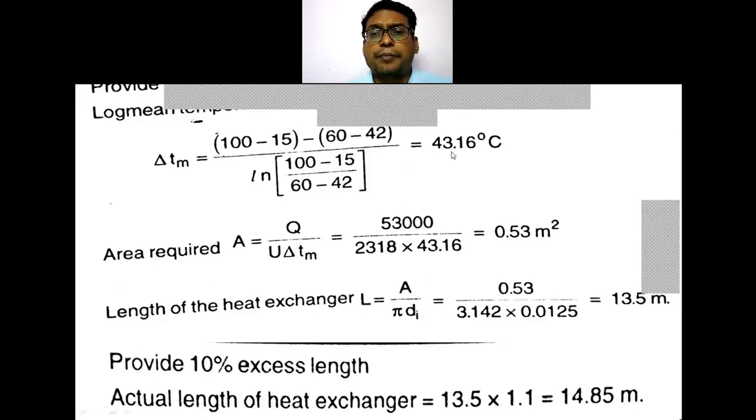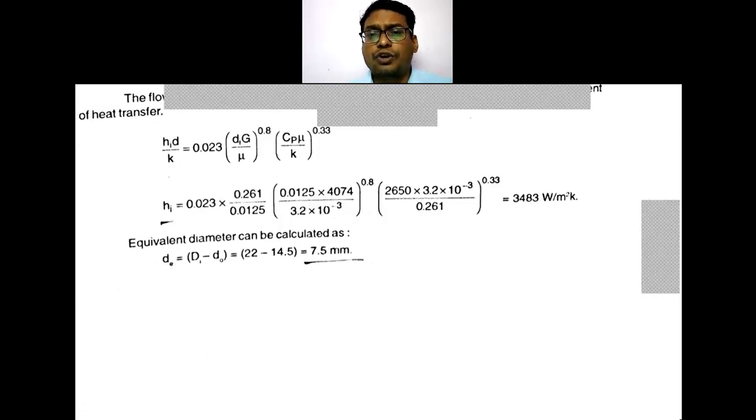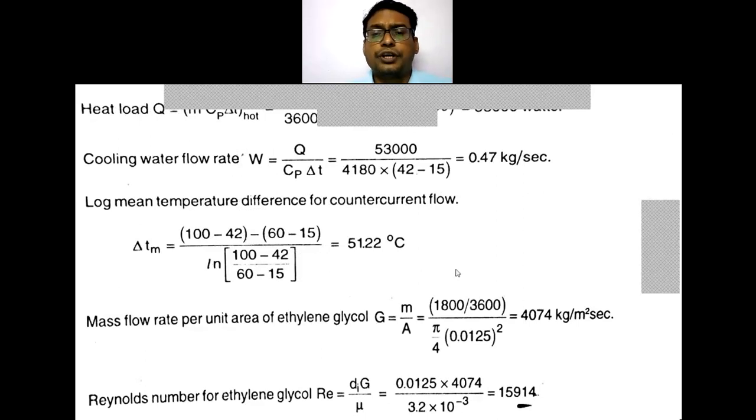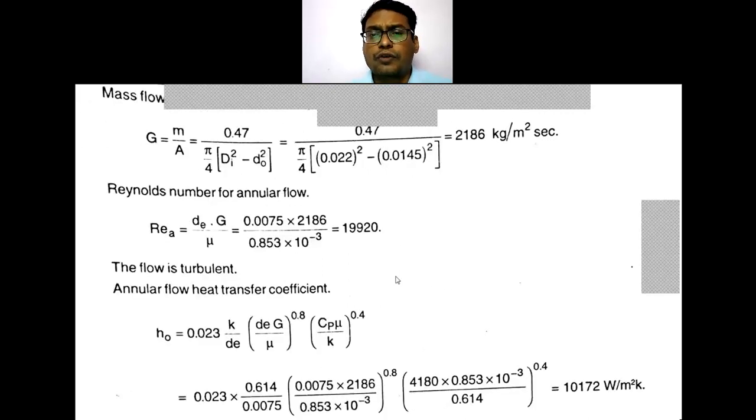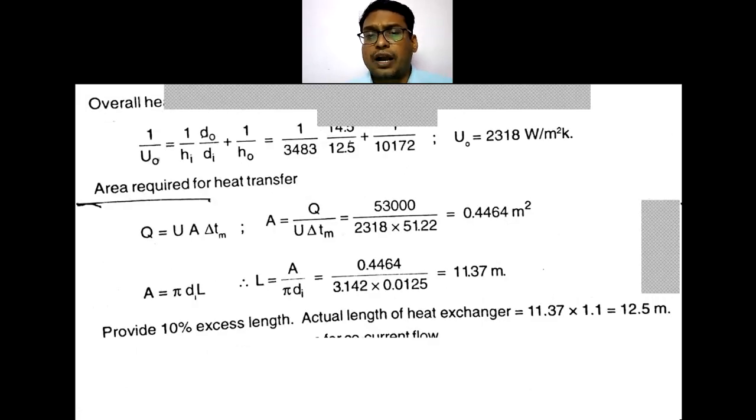However, the log mean temperature difference, that is 43.16, is for the co-current flow, and for counter current flow, the log mean temperature difference is 51.22 degrees Celsius. And for co-current flow, the log mean temperature difference comes as 43.16 degrees Celsius. So the area required increased to 0.53 meter square in the co-current flow. And in the counter current flow, the area required was